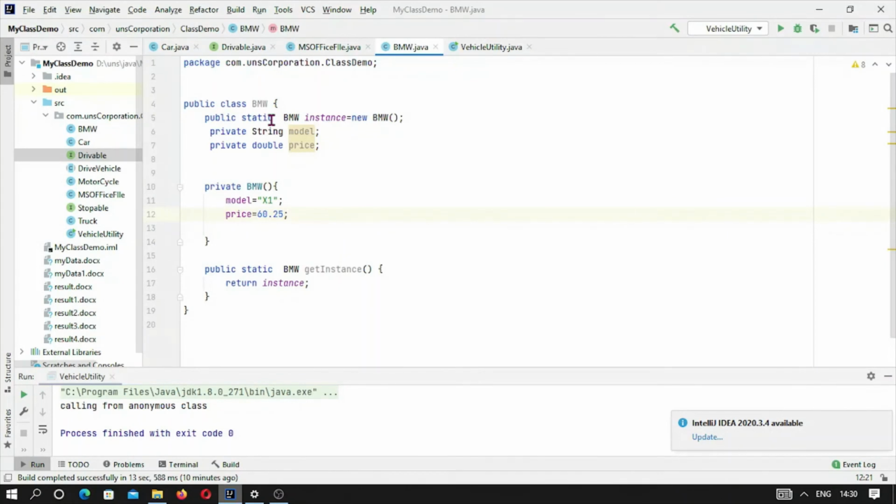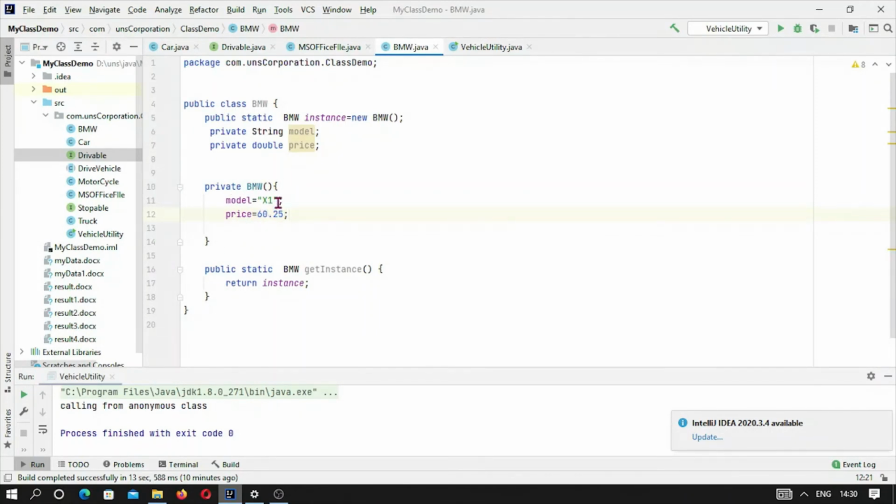Okay, so it is a static field instance of type BMW, and it calls the new BMW constructor. So the new BMW is called here, and the constructor initializes the private fields of the class.